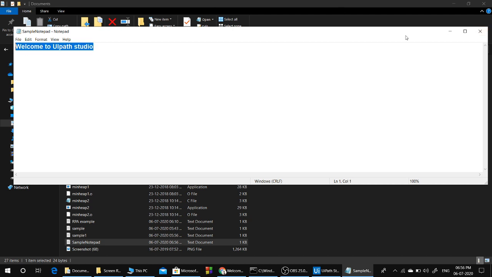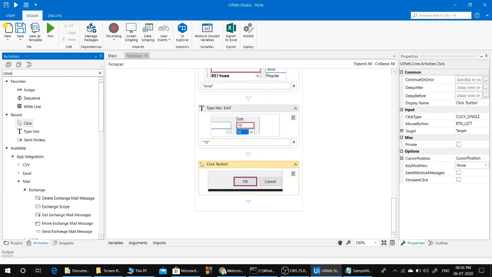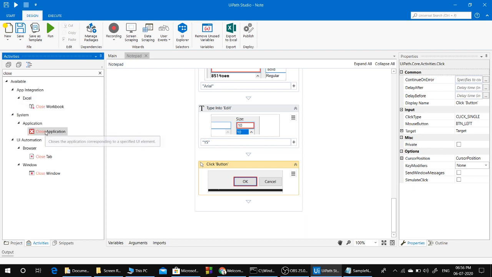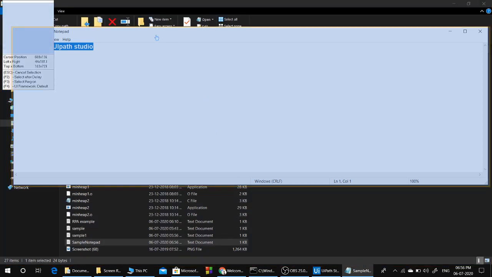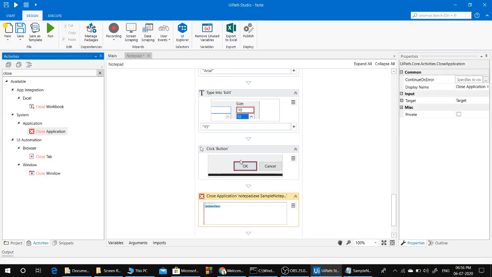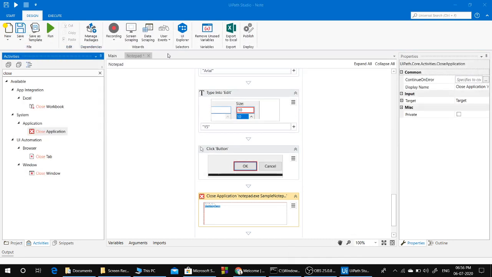Next we have to close the window by giving a command called close application. Drag here and we have to select the whole window. The whole window was selected, and let's check whether it is working correctly or not.